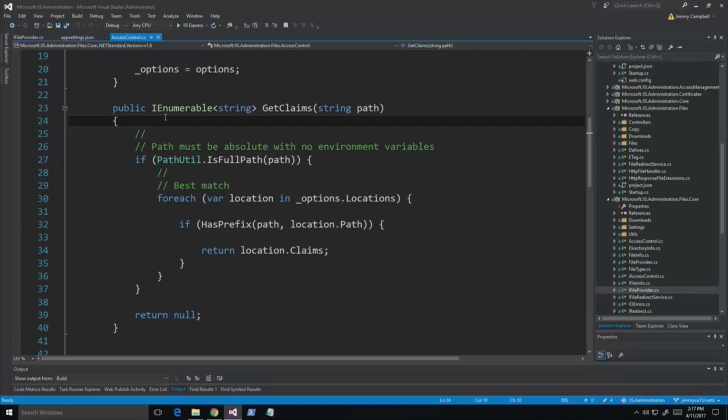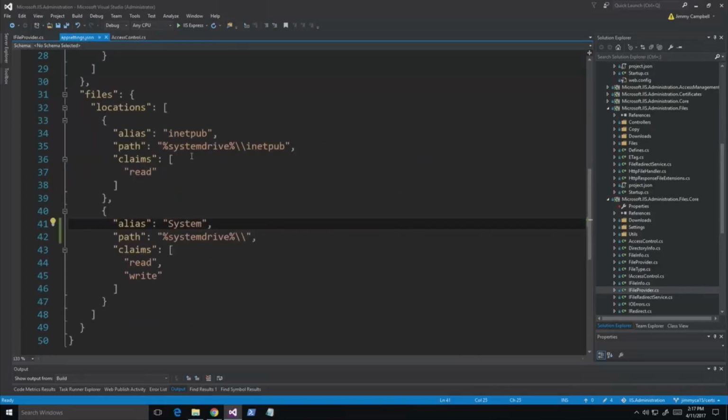That's get claims. So if you look in my app settings JSON right here, you'll see that I allow these two paths to be manipulated by the file API. And this is actually a dev configuration. So